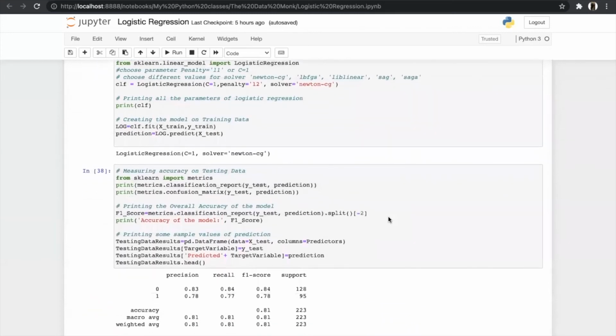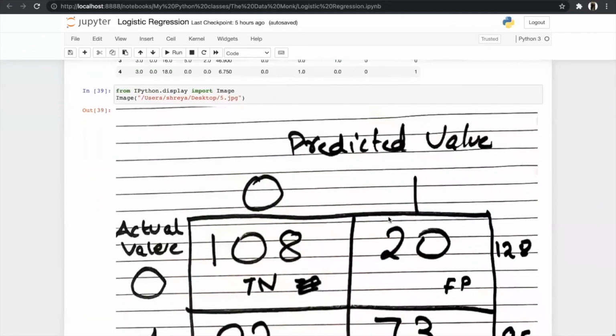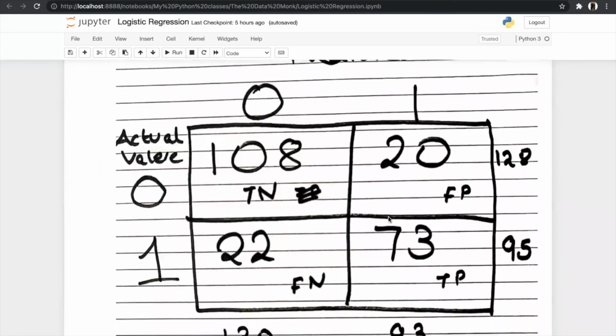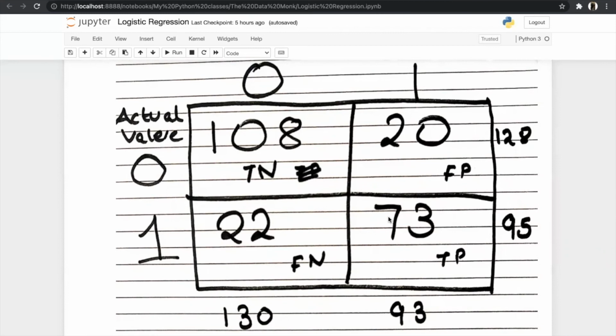So we will understand precision and recall with the help of the confusion matrix. Let us look into the confusion matrix in a bigger picture. In the confusion matrix, we get four values: true negative, true positive, false negative, and false positive. So what does this mean? True negative is when our model has predicted 0 and the actual value is also 0. So in our model we have predicted the correct value 108 times. And true positive is when our model has predicted 1 and the actual value is also 1. So that means the true positive. In this we have predicted the correct value 173 times.